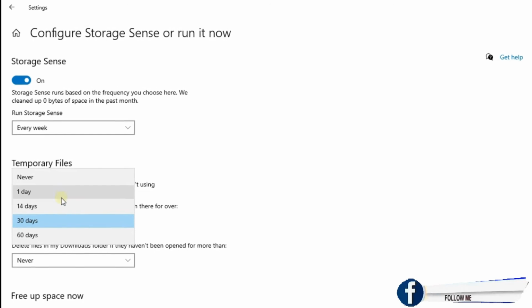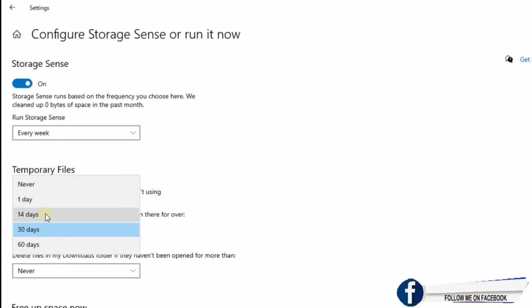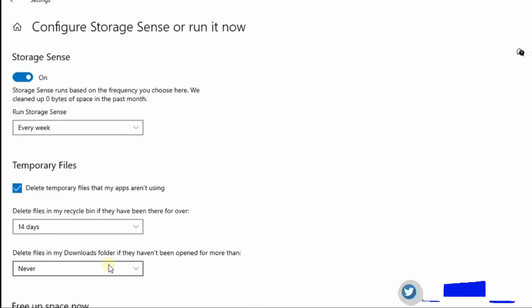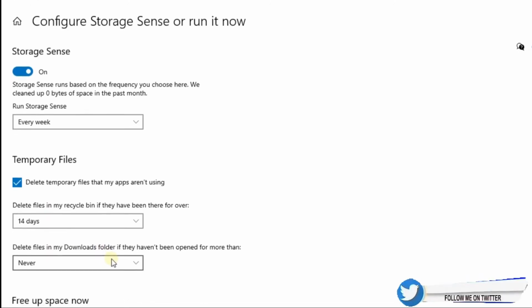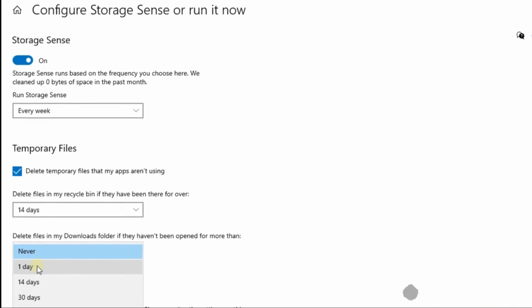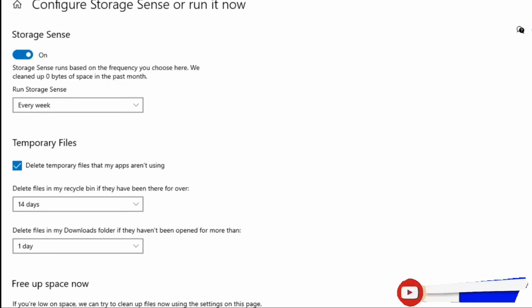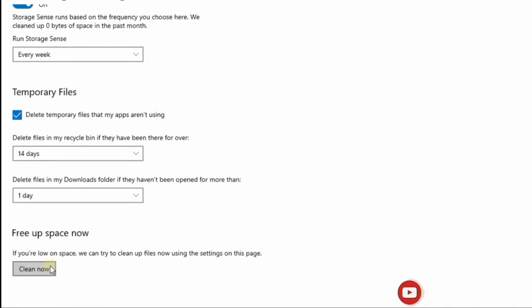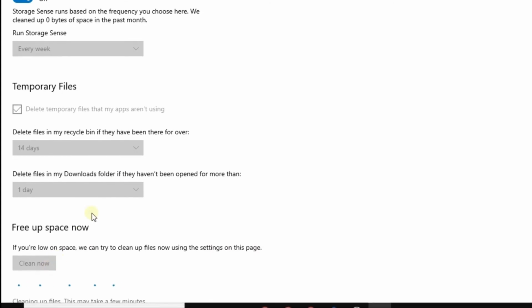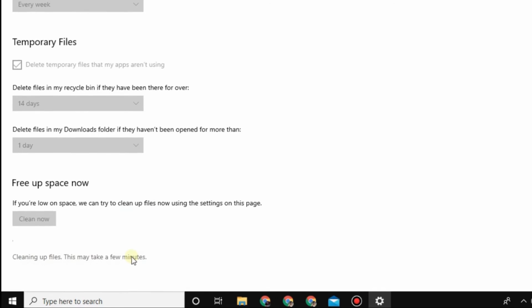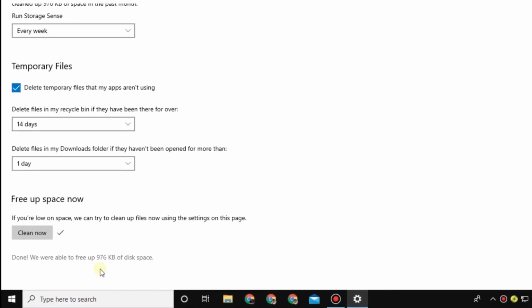I have chosen every week, so Storage Sense will run once a week. Below, choose after how many days the files get deleted for each item. And then click on the Clean now button, and now you can see the cleanup is going on and the files get cleaned.